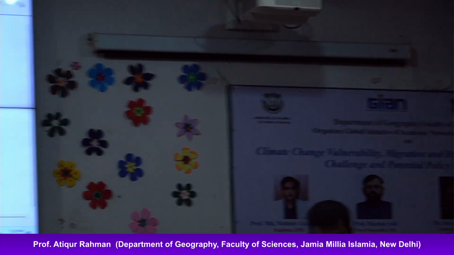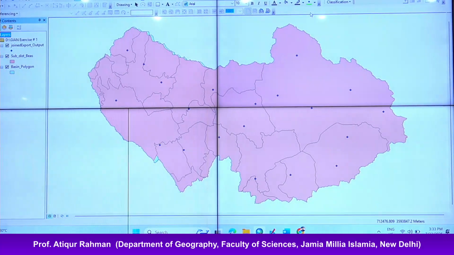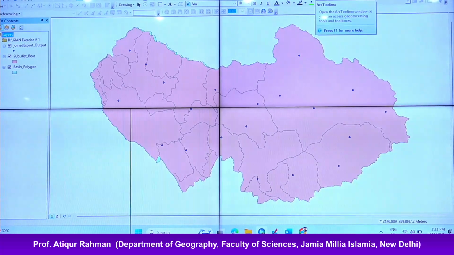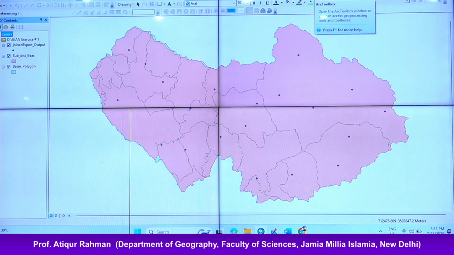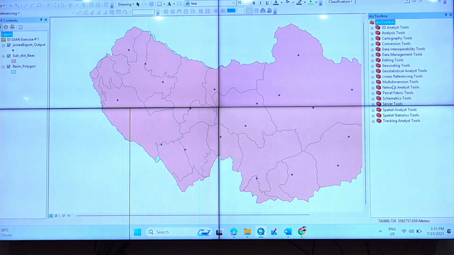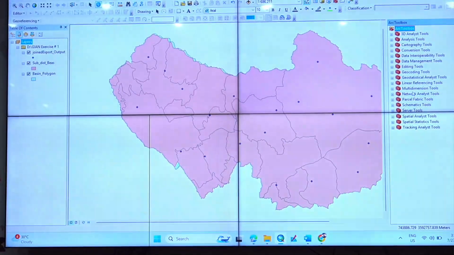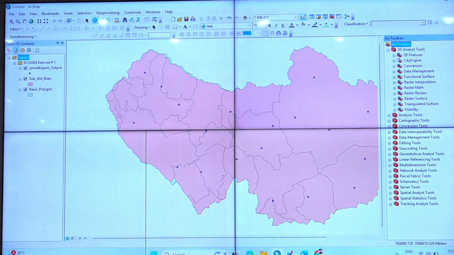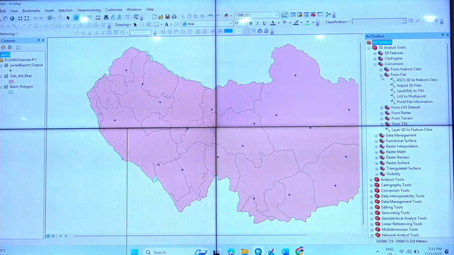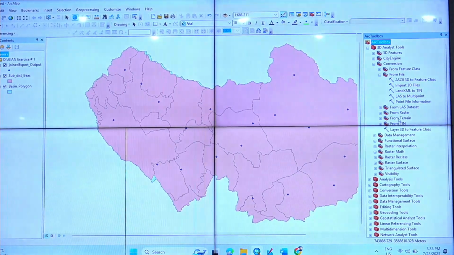So let us do it. The second step, and for that there is an icon here. Here you see small tools, and this is the most powerful tool. It is the treasure chest of GIS. Click on this, and these are major modeling domains. As I said, if you click here, many come up; then if you click on this, many more come up, then again many more. There are thousands.